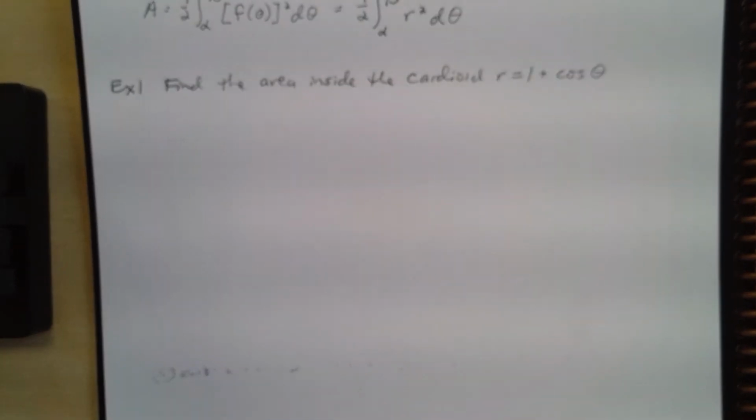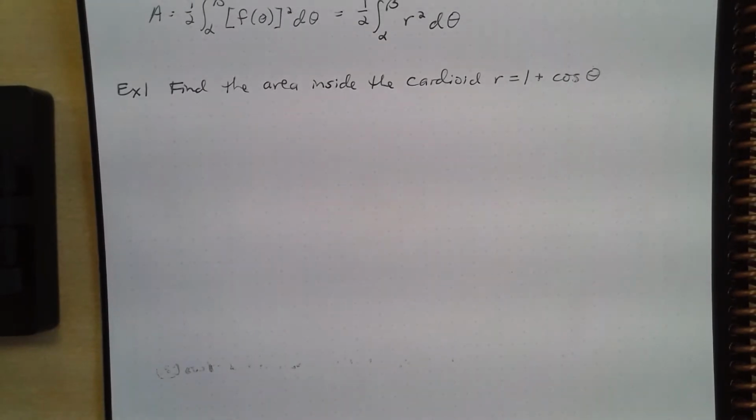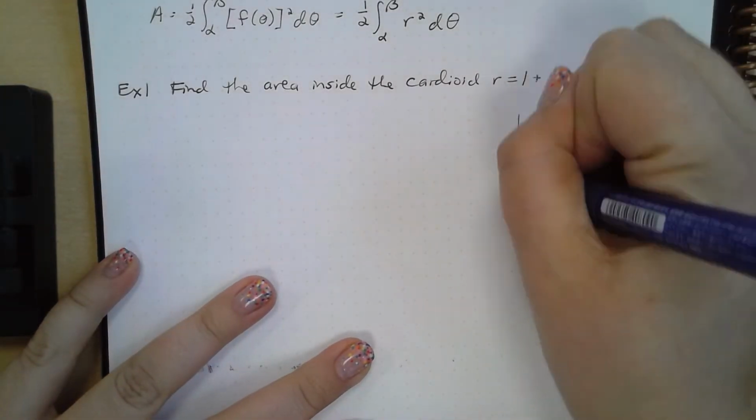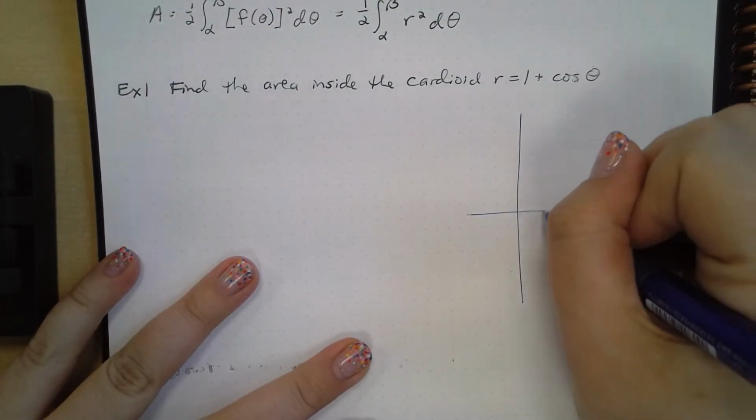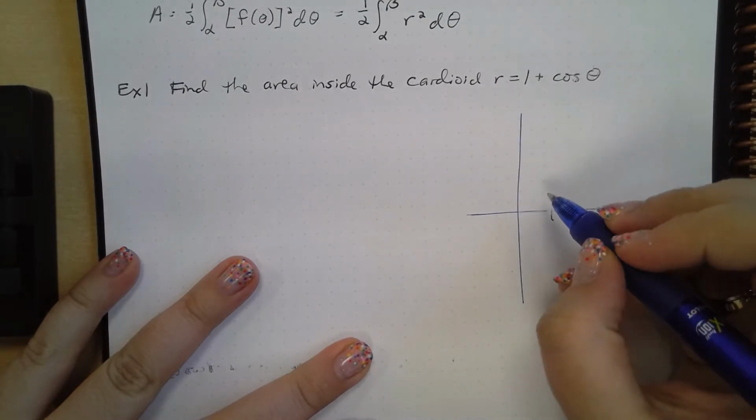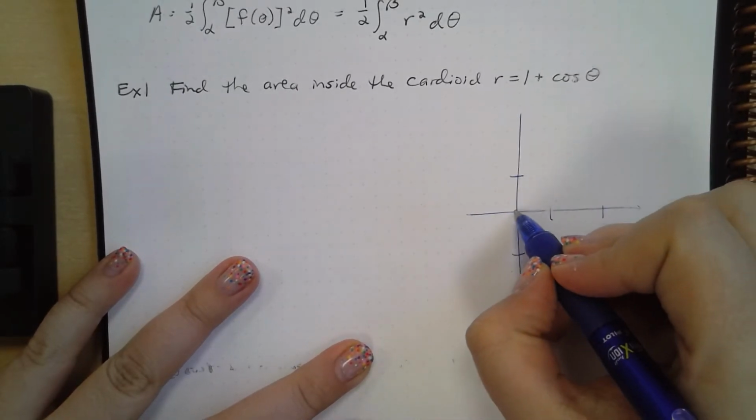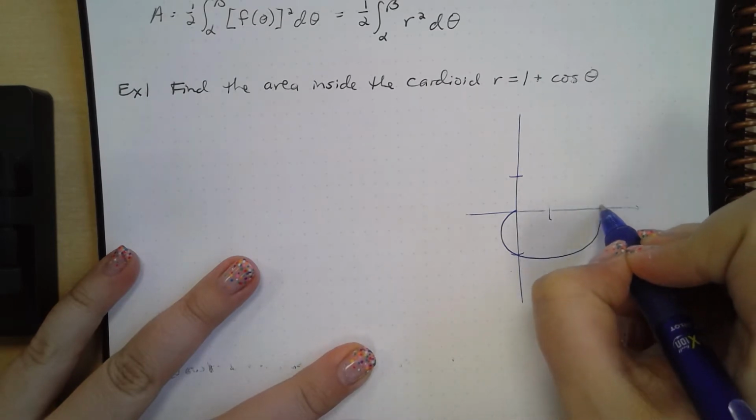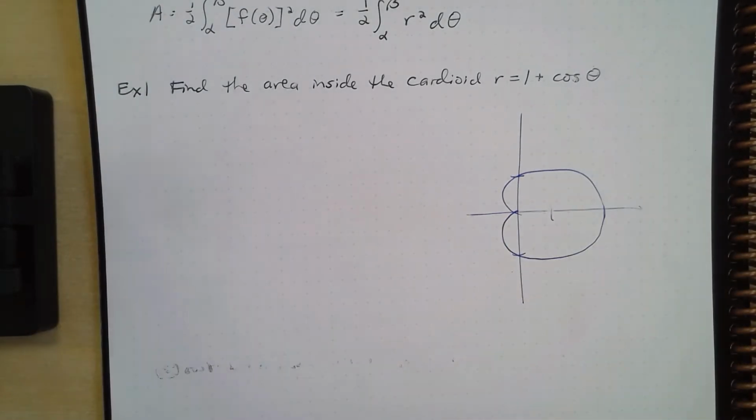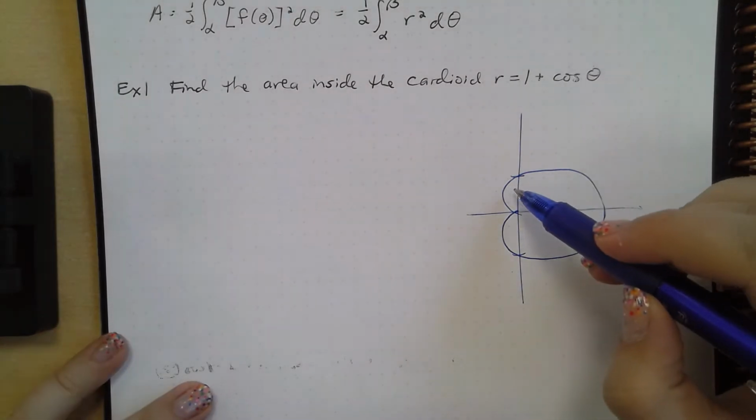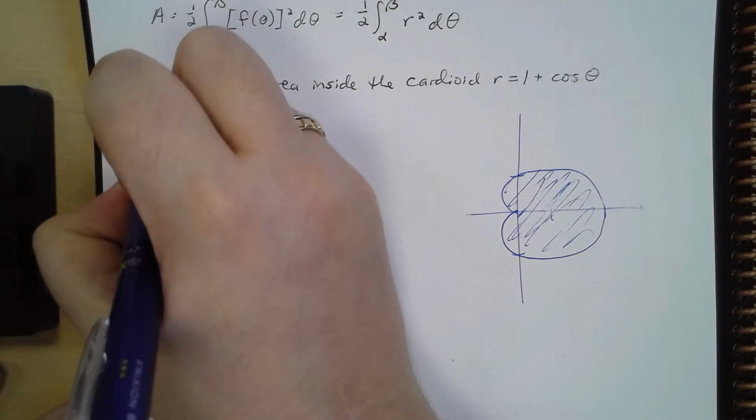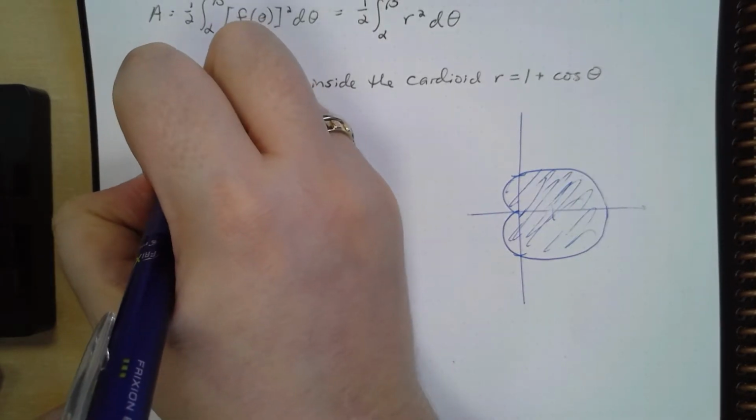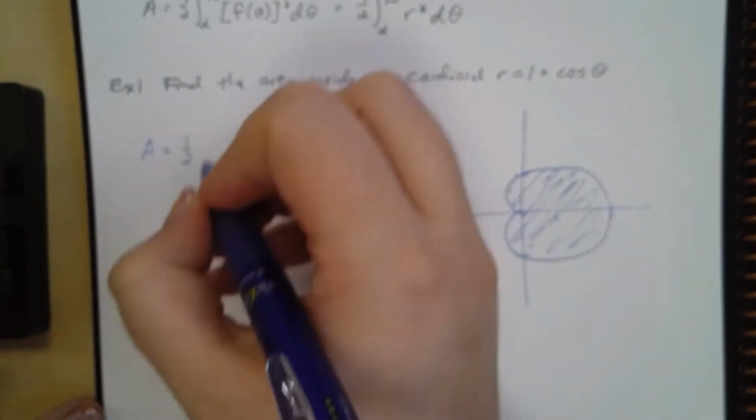We are asked to find the area inside the cardioid r equals 1 plus cosine theta. First thing I'm going to do is give us a little bit of a drawing here. So 1 plus cosine theta is going to be like 1, 2, 1, 1. We're going to have something that looks kind of like this. You know how terrible I am at drawing these, so we suffer through. But anyway, there's our cardioid. We're going to find the area inside that. So our area is going to be equal to 1/2 times the integral from